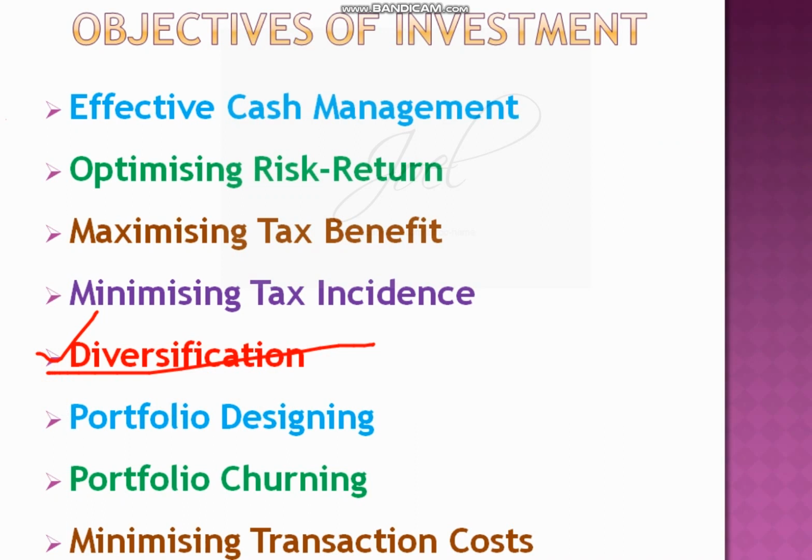diversification. It means, when you are doing the investment, some people will do the investment for the purpose of diversifying. Keeping all the money in your hand is not good. Instead of that, you will put some amount in gold, some in land, or some in mutual funds. So whenever you need money, you can get that particular money. So you should not keep your money in one particular avenue, but you have to invest in different avenues. That is one more objective of investment.